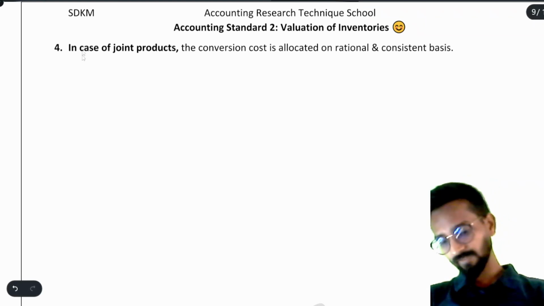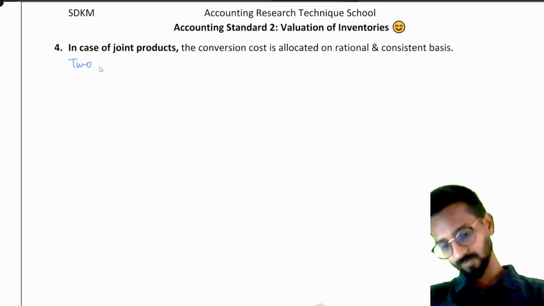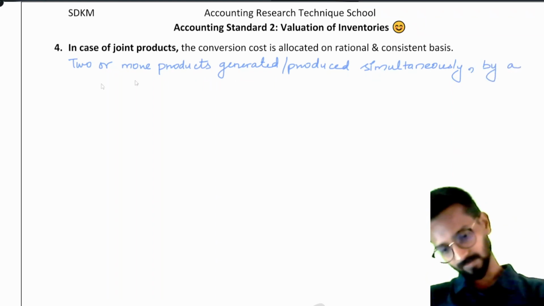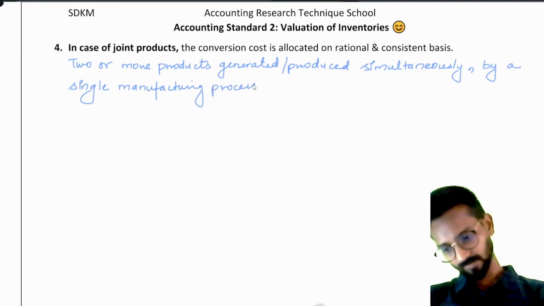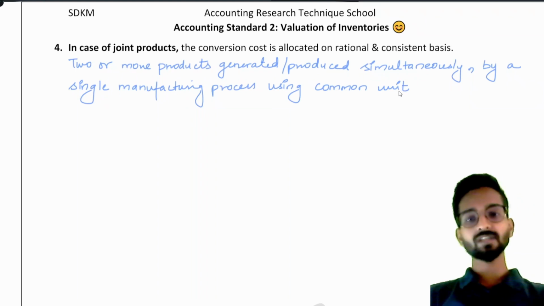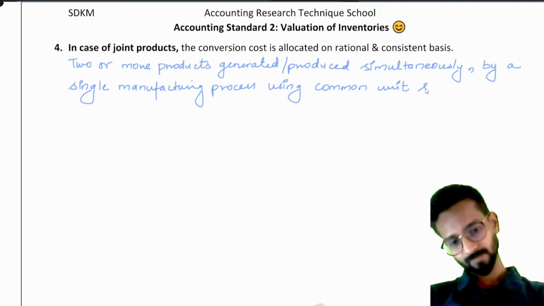products. Now see, when we write the definition about it, when two or more products are generated or produced simultaneously by a single manufacturing process using common input. हमारे बिजनेस में जैसे हम लोगों ने मिल्क यूज़ किया है बटर बनाने के लिए, चीज़ बनाने के लिए, दही बनाने के लिए, तो ये सारे के सारे जॉइंट प्रोडक्ट्स हो जाएंगे। Using common input and being